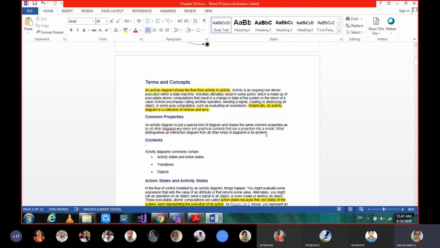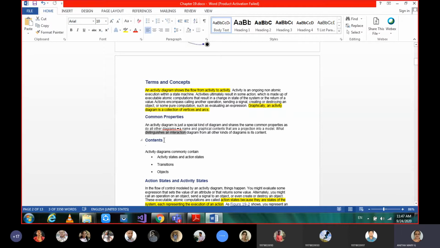By seeing the contents itself, it can be distinguished from other diagrams. When different action or activity states are there, and flow control is given with a start and stop, by seeing all these contents in a particular diagram, we can recognize it as an activity diagram. Those are the things we can say under common properties.